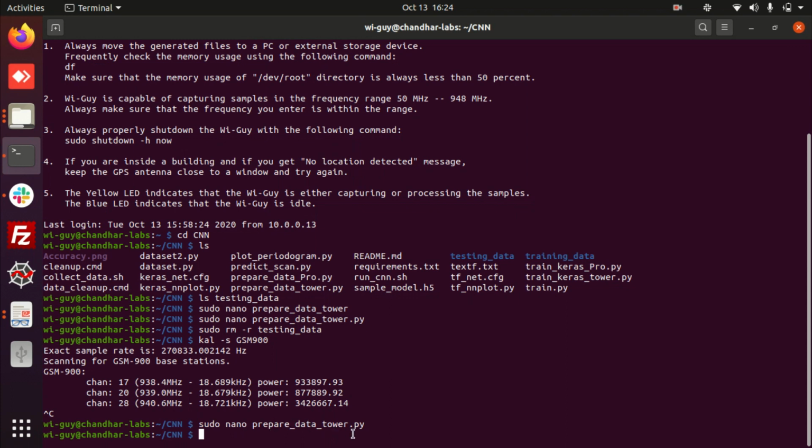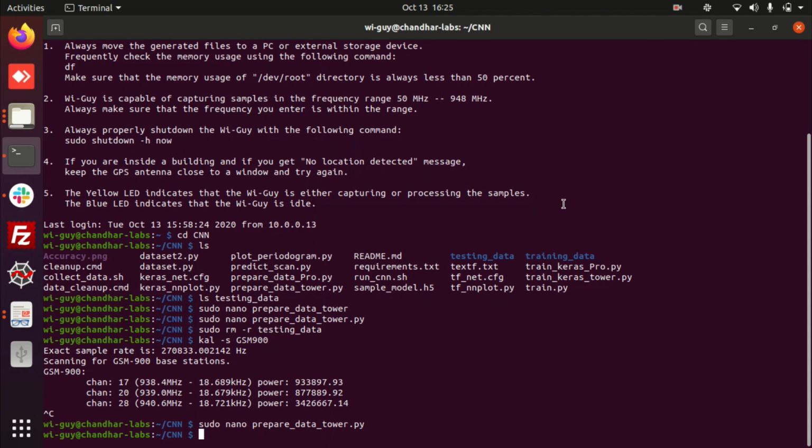If you have anything to edit or add in the program, you can edit it, Ctrl O to save it, and if you want to exit from there, you can use Ctrl X. So now all the preliminary requirements to prepare the data have been completed. Now we are going to move on to prepare the data from our nearby towers.